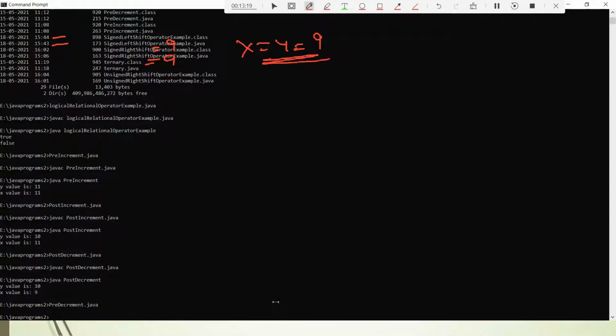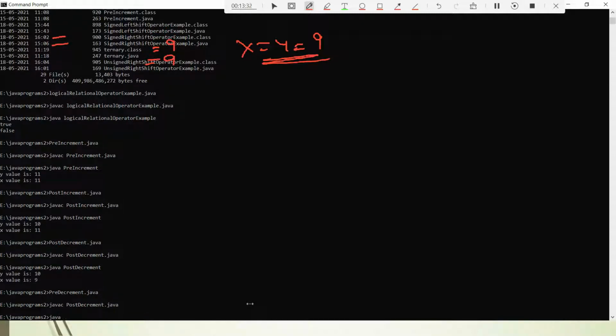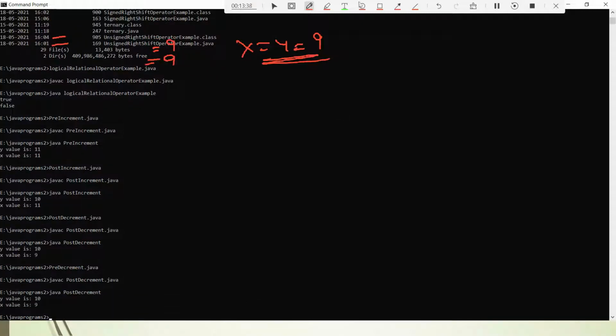Let us see this also. How do you execute? javac post decrement dot java, then java post decrement. Okay, y value is 10 and x value is not, sorry, it is a pre one.